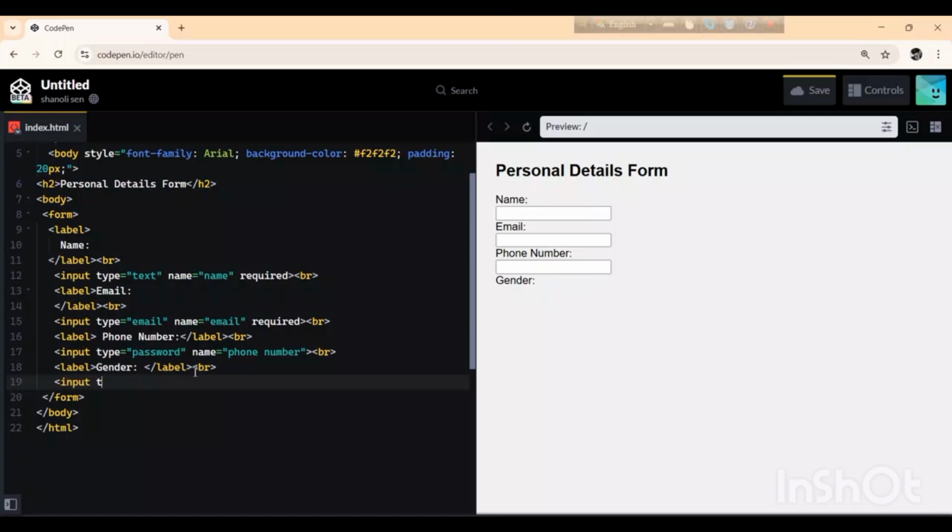So first I will give input type. In type I will give radio, and then I will give name, gender,